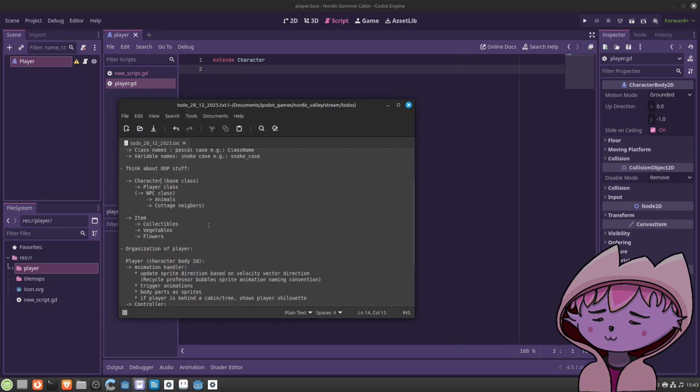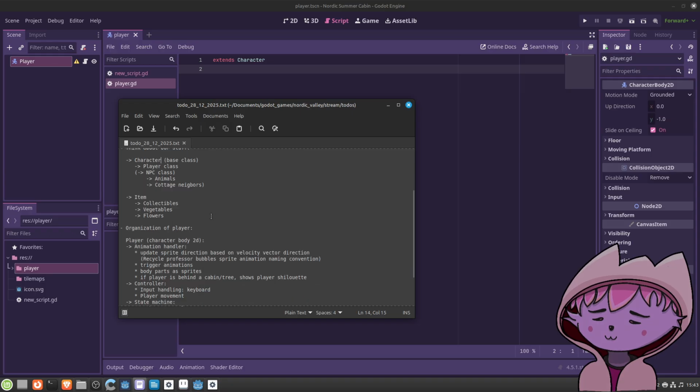One thing I came to think about is, should we create the animation handler to be a separate thing? I think it would be a good idea.